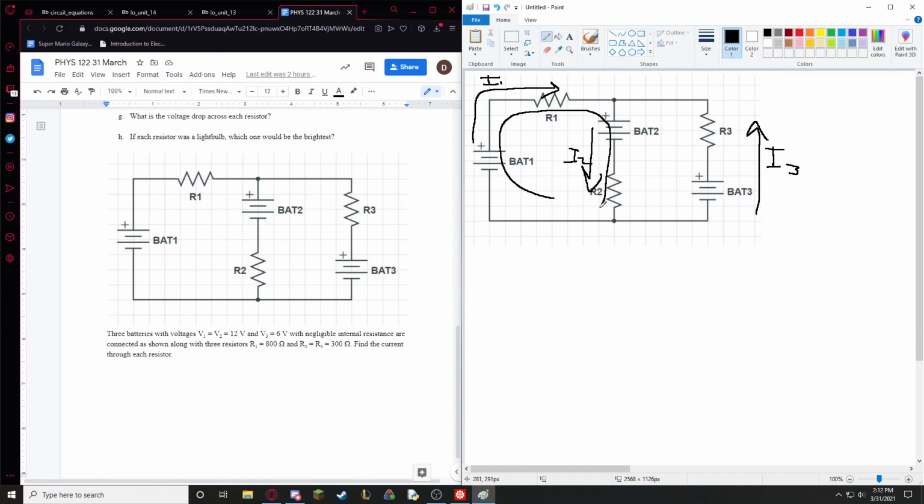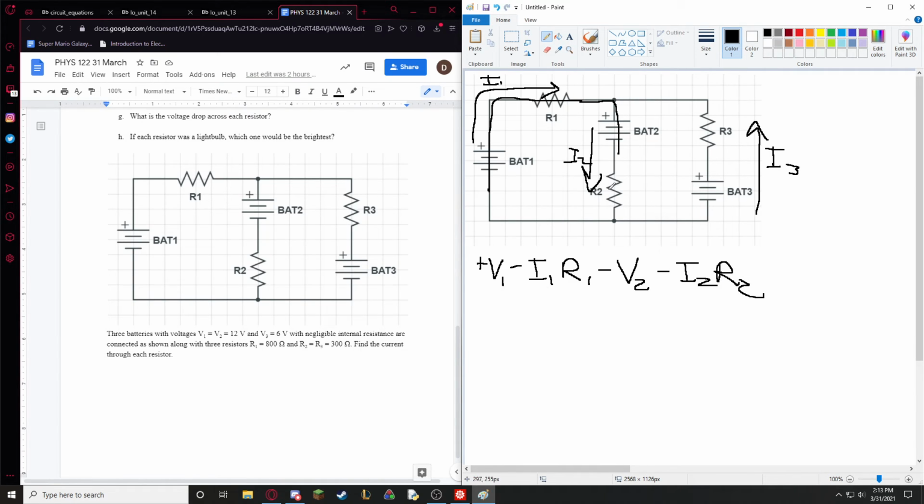So over here on the left side of the circuit, we'll start right here. Go up. We have plus V1, we go through here. We have minus I1R1. We go down through V2, and we're going opposite of the direction of V2, so it's going to be minus V2, then minus